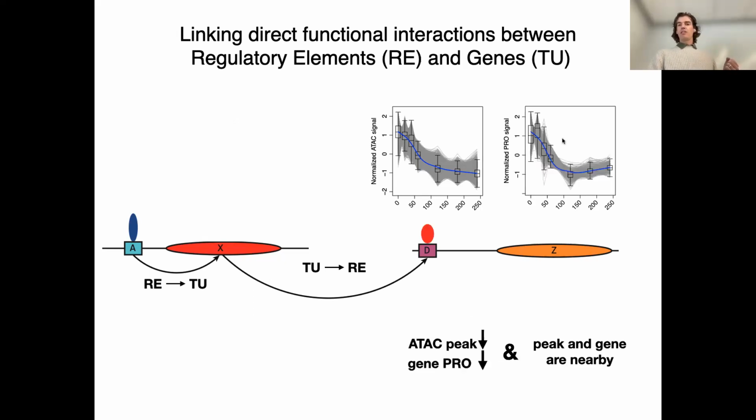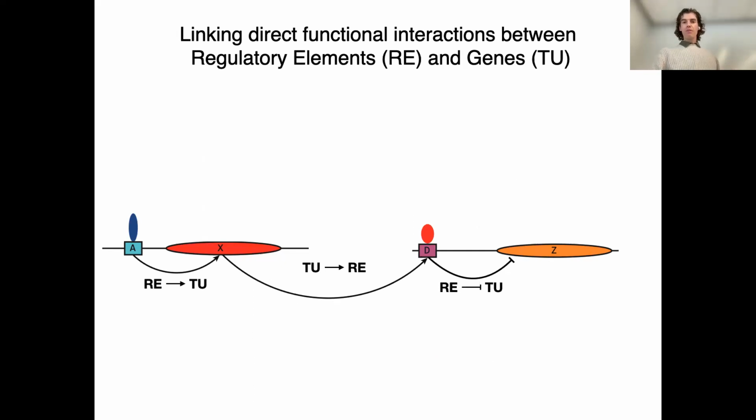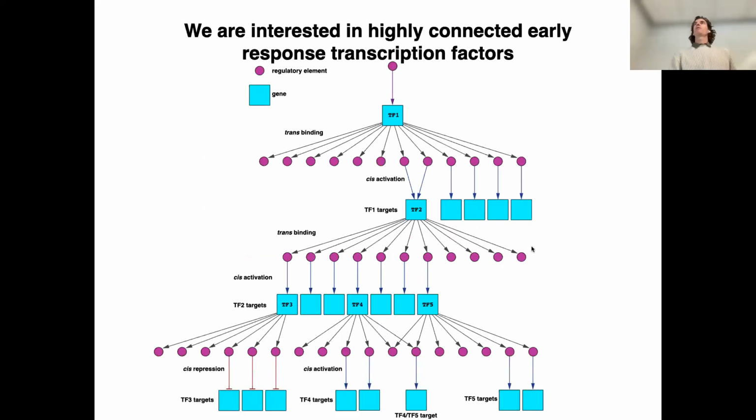And say the gene, so this is the PRO-seq signal of one of these genes, this gene Z, if they're going in the same direction, they're nearby one another, we can infer a repressive edge between that regulatory element and that gene. Okay, so we did this with all the data, and we're interested in these highly connected